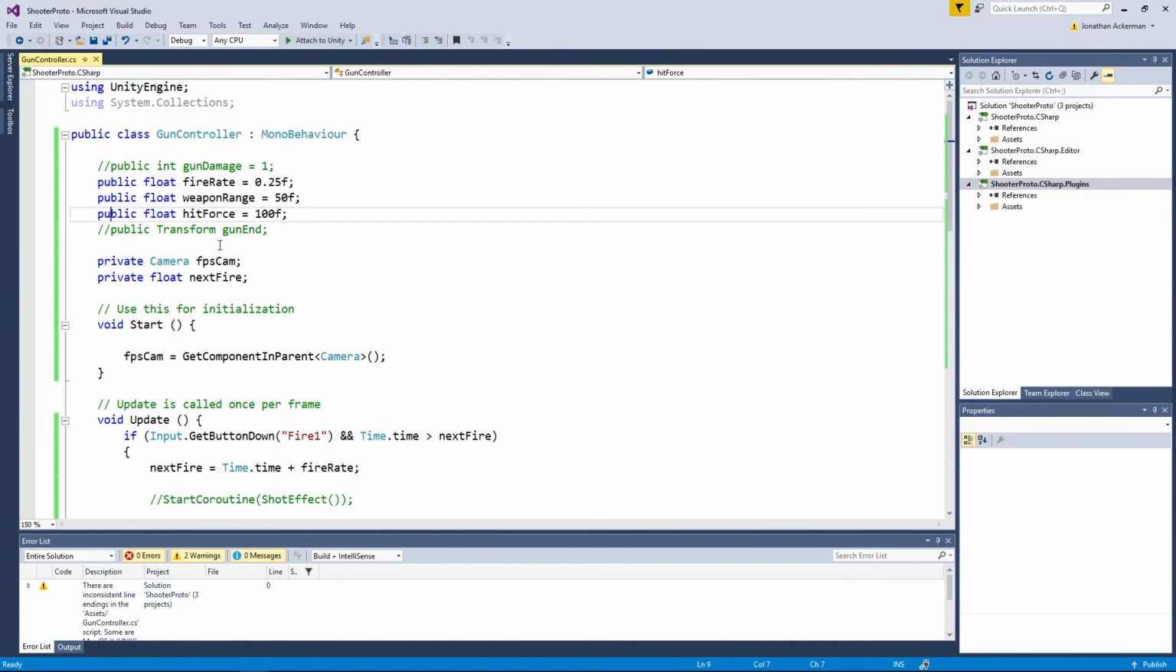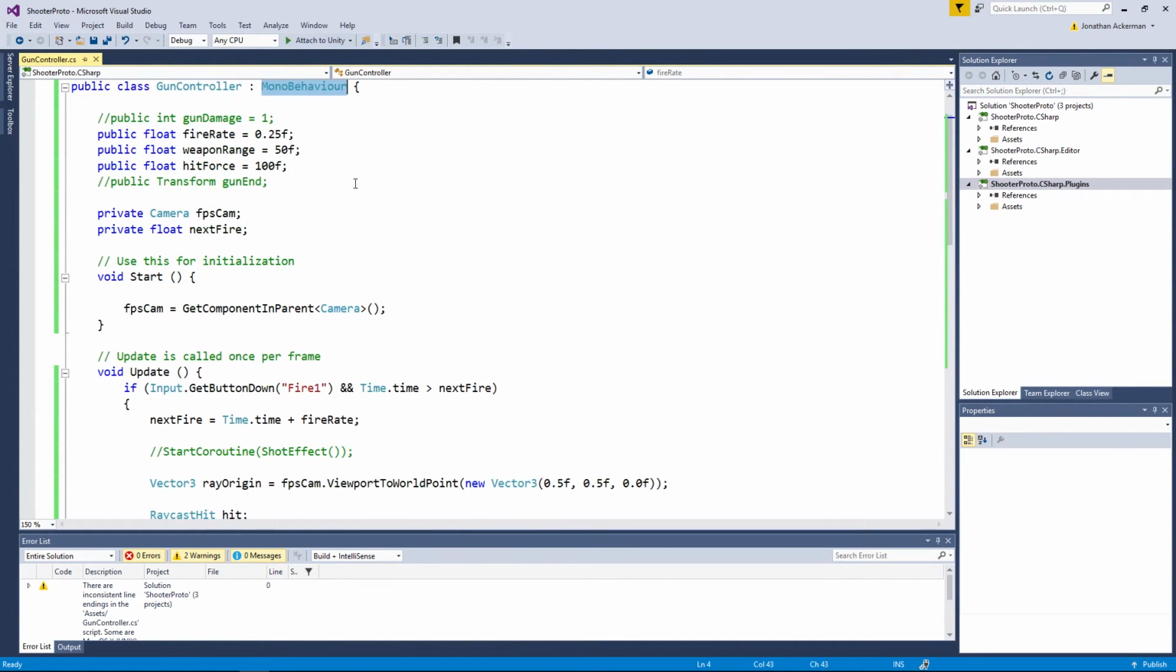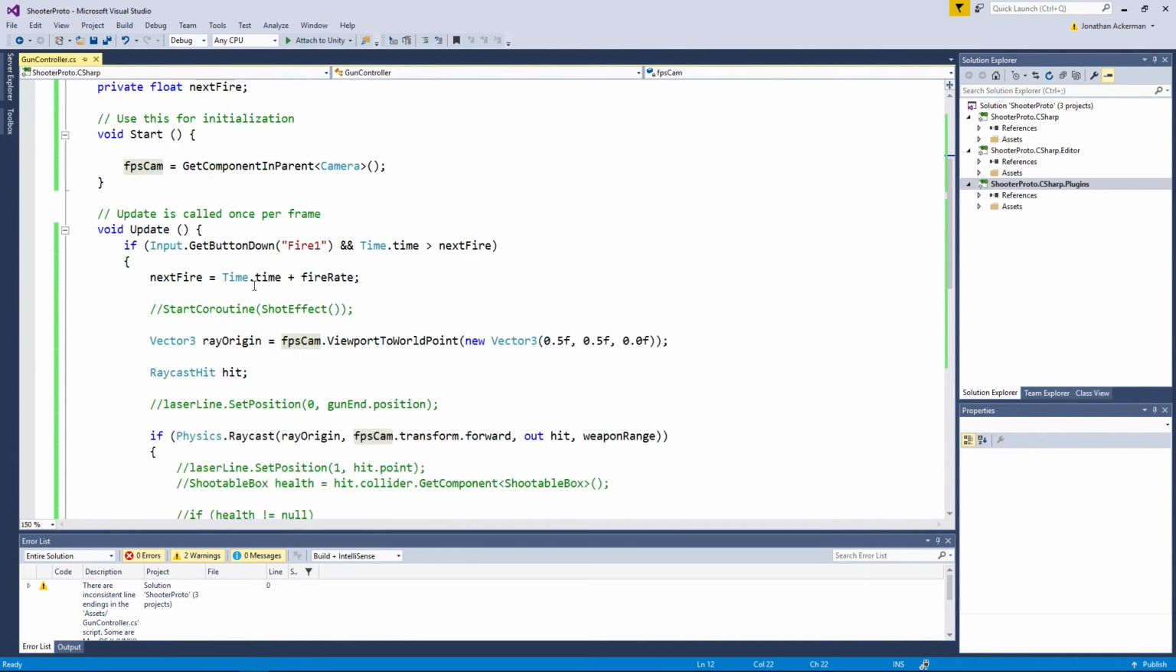So looking at our code, the gun controller is a MonoBehaviour, which is a type of component, which is the model for the components within Unity. And the first thing we're going to do in the start method is find the parent camera, and we're going to store a reference to that in the FPS camera, so we can use it later on. Then in the update method, which is called, as it says, once every frame,